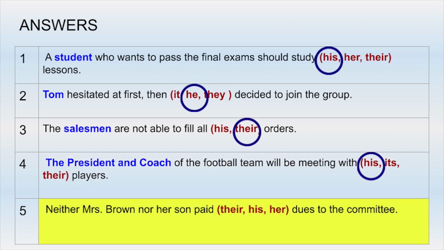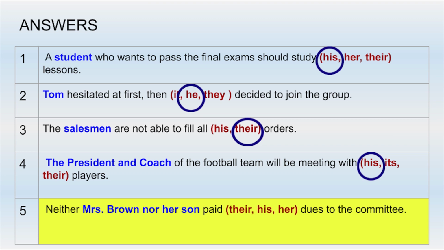Number 5. Neither Mrs. Brown nor her son paid their, his, or her dues to the committee. When two antecedents are connected by or or nor, the pronoun should agree in number with the nearer antecedent. The two antecedents are Mrs. Brown and her son. Son is the nearer antecedent to the verb, and son is singular masculine, so our pronoun